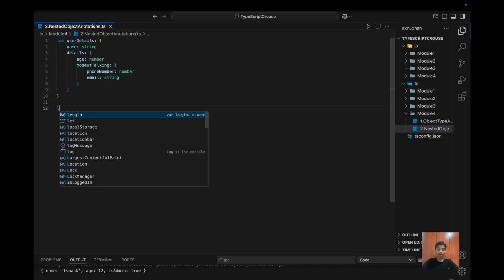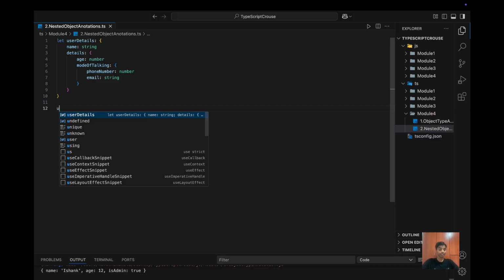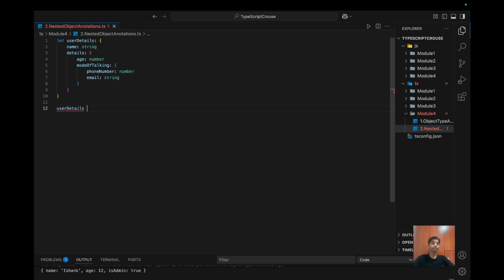So now you may ask, how do we assign a variable to this? We're going to say user detail equals, and in here we're going to say an object, so name, which is Ishank, comma, and then we have details. So this should also be of type string. In details, it's another object, and in details we have age, and age has 12, comma, then mode of talking,